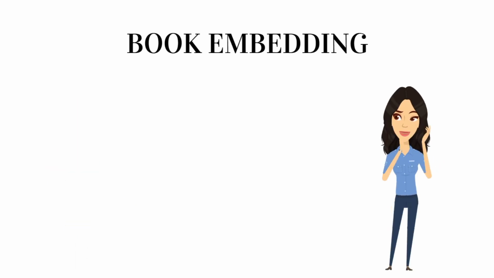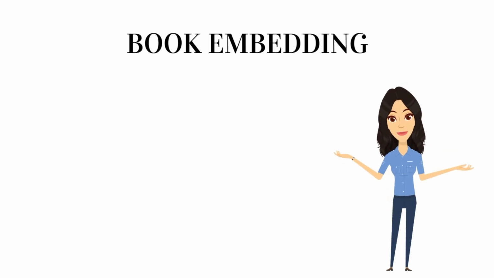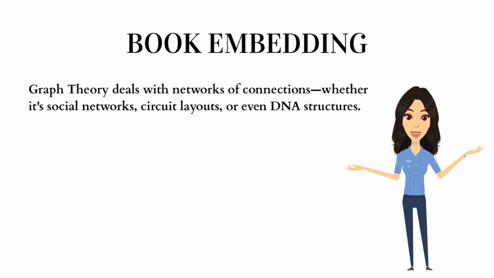Now, you might be wondering, why does graph theory have something called book embedding? Well, let me break it down for you. Graph theory deals with networks of connections, whether it's social networks, circuit layouts, or even DNA structures. But sometimes, these connections can get really messy, with edges crossing all over the place. To make sense of this chaos, mathematicians came up with a clever way to organize graphs neatly by embedding them